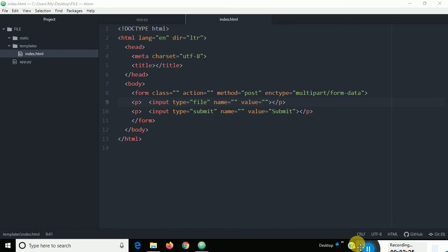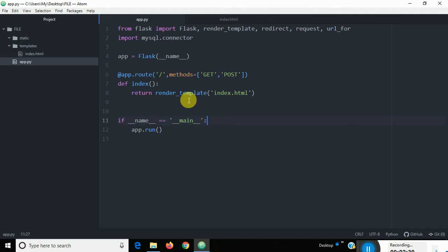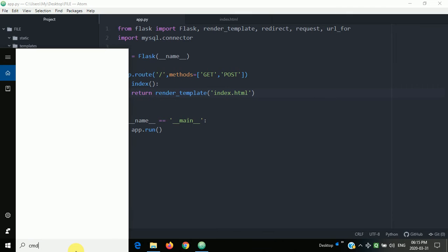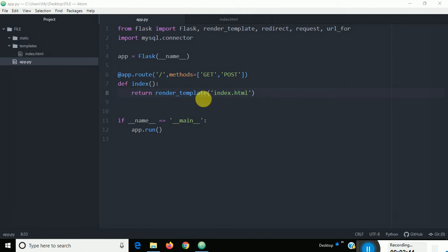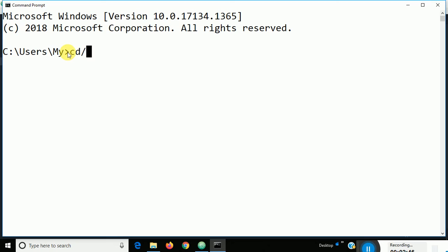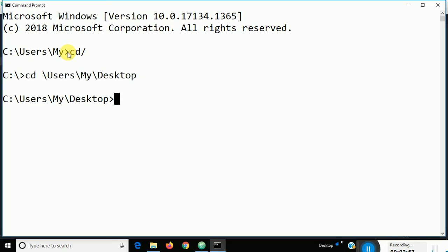After saving this file, I'll move to app.py and run the page. This code is already done, I'm rendering the template index.html. So now I'll move to the command prompt, cmd. I forgot, it's cd users, my desktop.